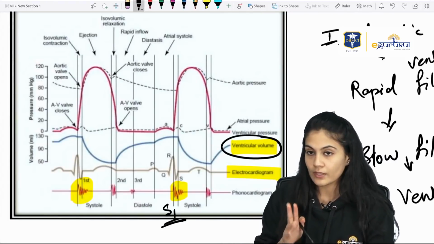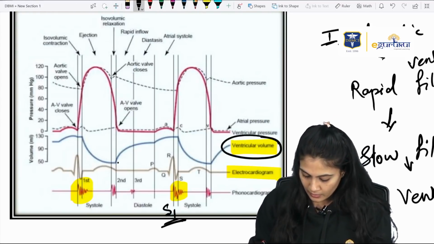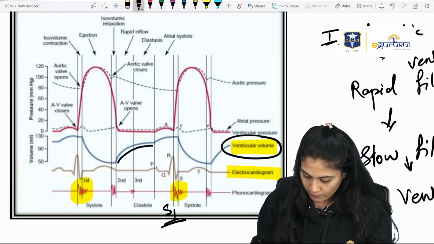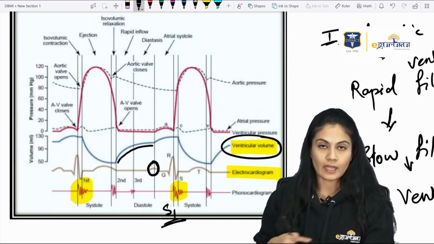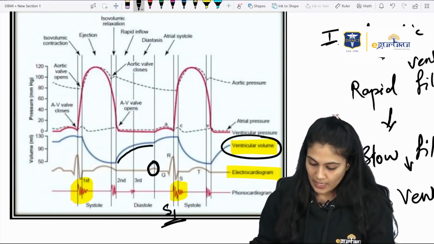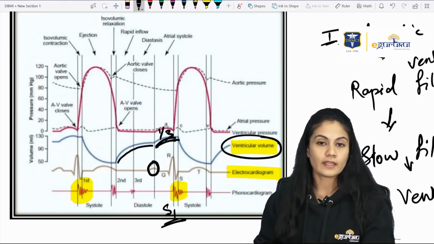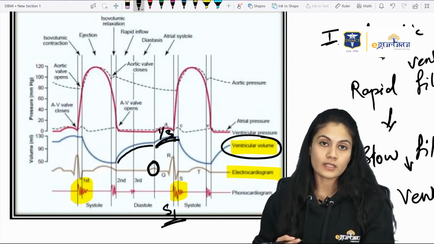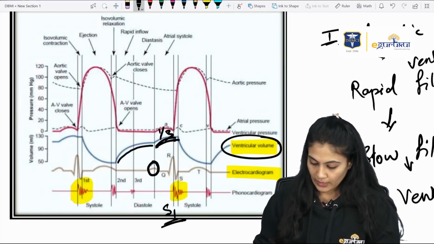We know that rapid filling and slow filling. First 2/3 is rapid filling. The rapid filling phase is done before almost the P wave is occurring. At that time it is almost finished. And this one, which is showing the 1/3 filling when the volume is increased, that is nothing but the slow ventricular filling. So the A wave